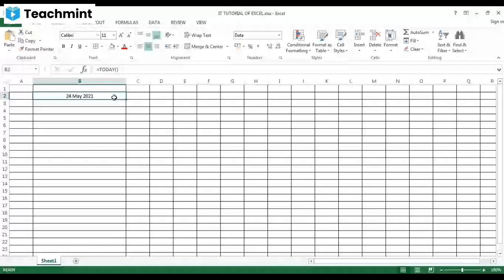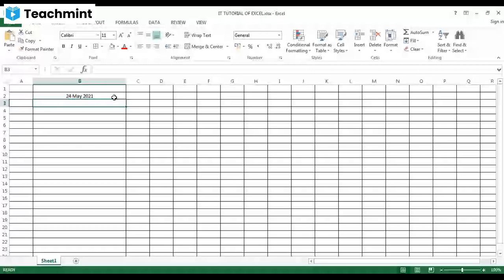You can also apply this feature in many cells together, but you have to first select all those cells in which you want to apply this format. Is it clear? Okay, now we will talk about some mathematical operators.